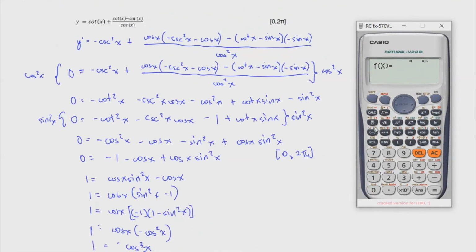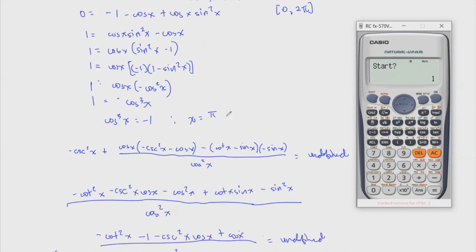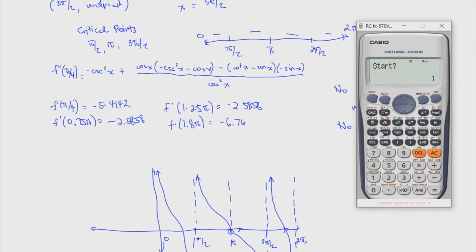So you can write here 1 over tangent x, and then plus 1 over tangent x. So instead of you making a table of values, you can actually do that here. It will give you a lot of values. Okay, so in this case, I've already written that, and then you press equal. G of x is another step function, so you just press equal for that, and then start. So you start with 0 because that's our initial value, and then you end up with